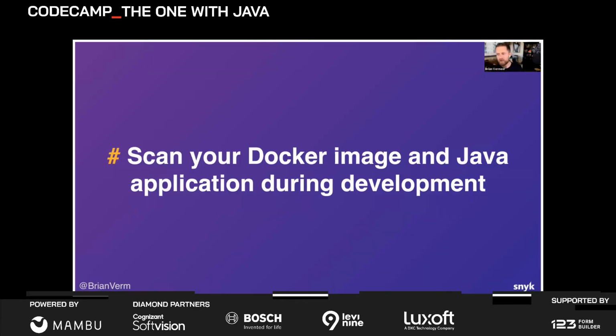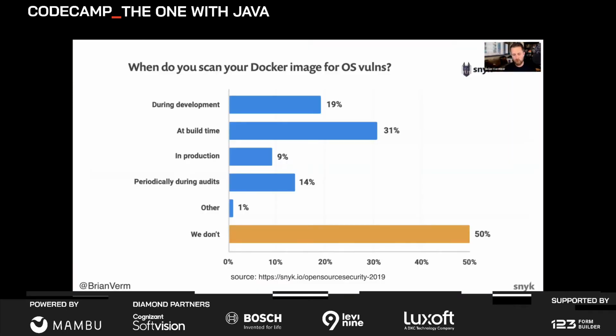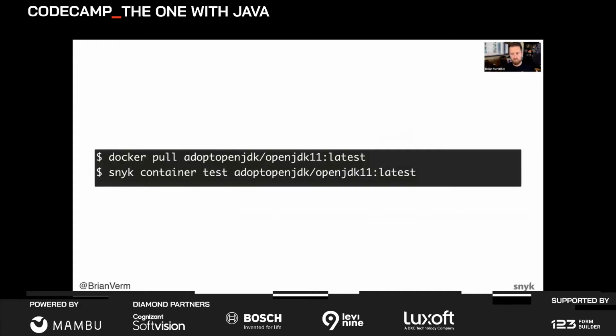Next up, scan your Docker images and Java applications during development. And it's both. It's not just your Docker image or your Java application. We're responsible for the whole shebang. So we asked a lot of people in our yearly State of Open Source Security, when do you scan your Docker images for operating system vulnerabilities? And a lot of people, unfortunately, don't, which is interesting because, hey, it's another layer of abstraction that you are responsible for. So what you can do is use tooling like the tooling that Snyk provides to scan a